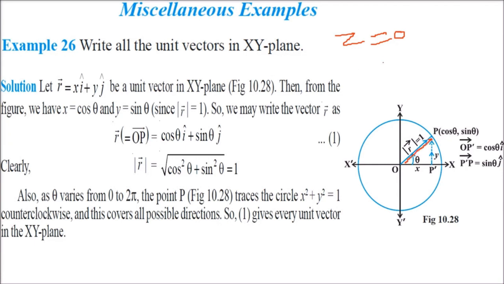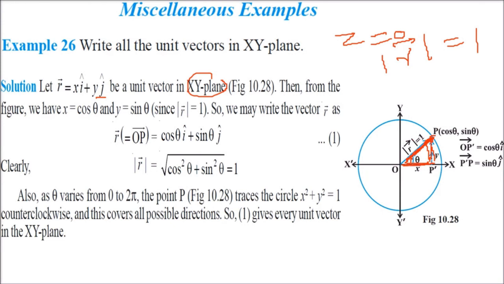So we have a Cartesian coordinate system, x and y, and we have an r vector. The magnitude is 1. So when we make a circle of unit radius, this point, which is P, the x coordinate and y coordinate, how do we represent them with respect to this theta or r? So x is r cos theta, y is r sin theta. So how do we write this? r will be equal to xi plus yj. So this is a unit vector in the xy plane.